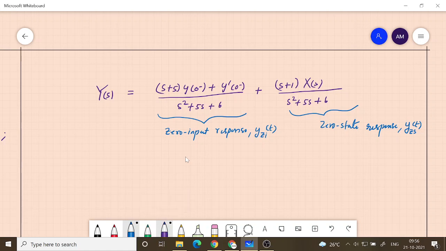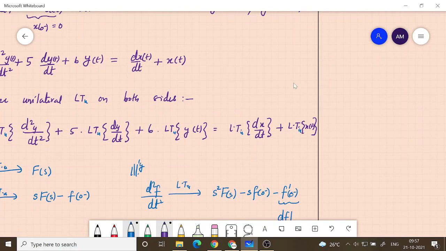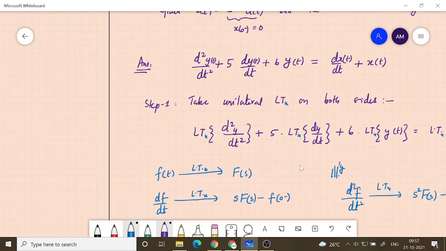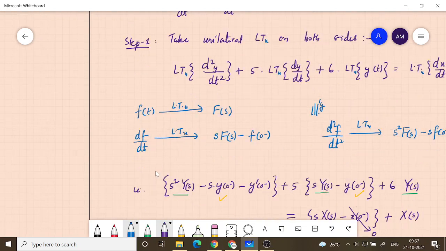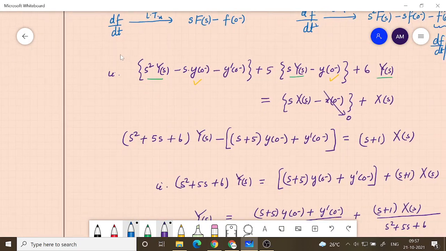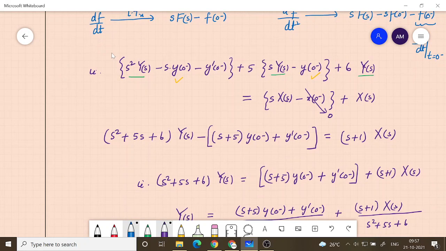So taking the inverse Laplace transform is the next step. Okay, so first we took the Laplace transform, then we did some algebra as step 2. Step 1 I said here, this is step 1, and then step 2 was algebraic manipulation. Okay, so let me write that also. Step 2, algebraic manipulation.